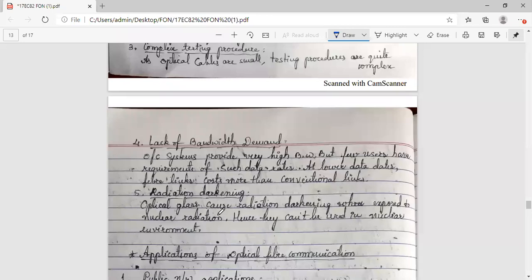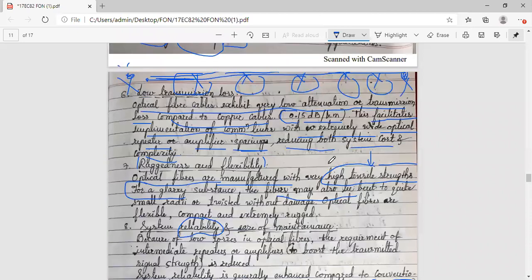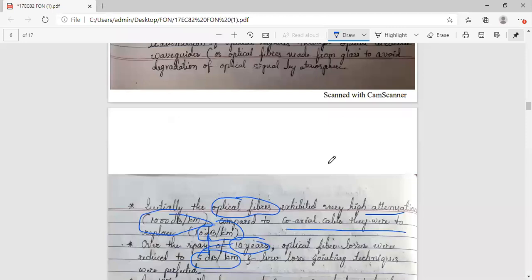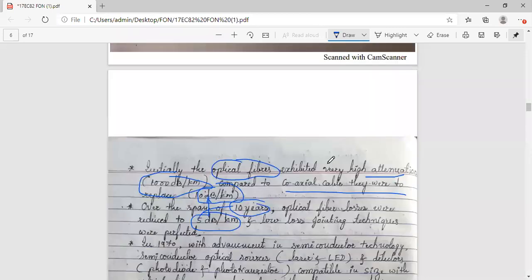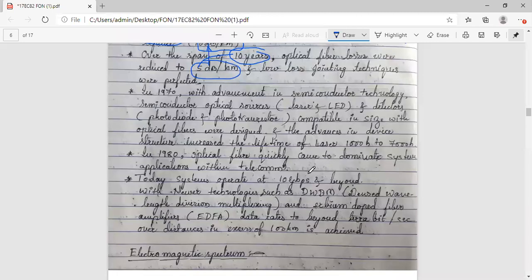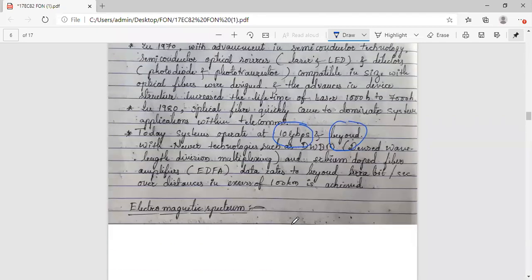You have seen in the initials, let me just show you what was the speed. Something like 10 gigabits per second. Okay, it is tera, no doubt it is tera. It is offering tera earlier and beyond. I have written here in the historical development. So in terabits per second, they are offering